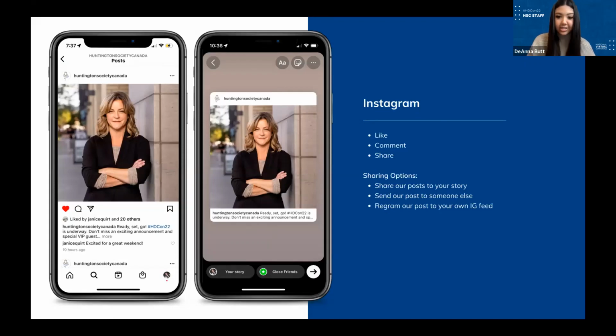If you want the extra step, you can always regram our post to your own Instagram feed. It's similar to retweeting a tweet, whereas Twitter allows you to do it in one click, with Instagram it involves a few more steps. Personally, I think the easiest option for posting a photo onto your own feed would be to screenshot the photo, simply crop it, post it to your own feed, and then tag the original creator just to give them that original credit.